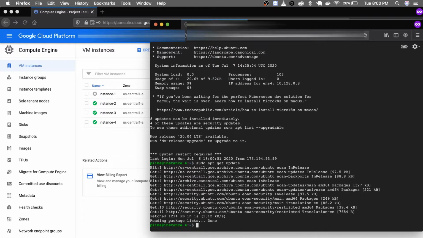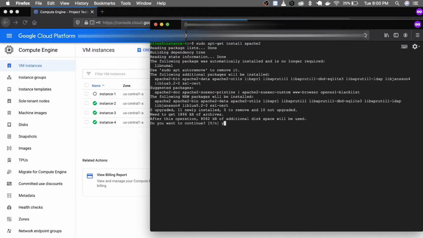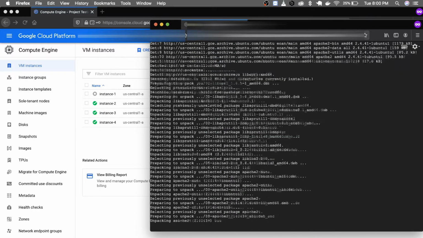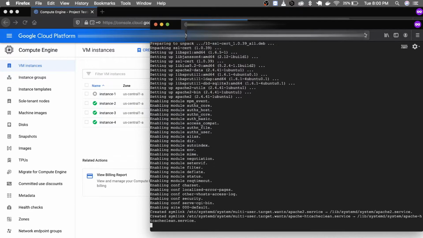Once it is done, we can type our command to install the Apache server: sudo apt-get install apache2. This Apache is a server which helps us make our local file or website publicly available and accessible through the internet.